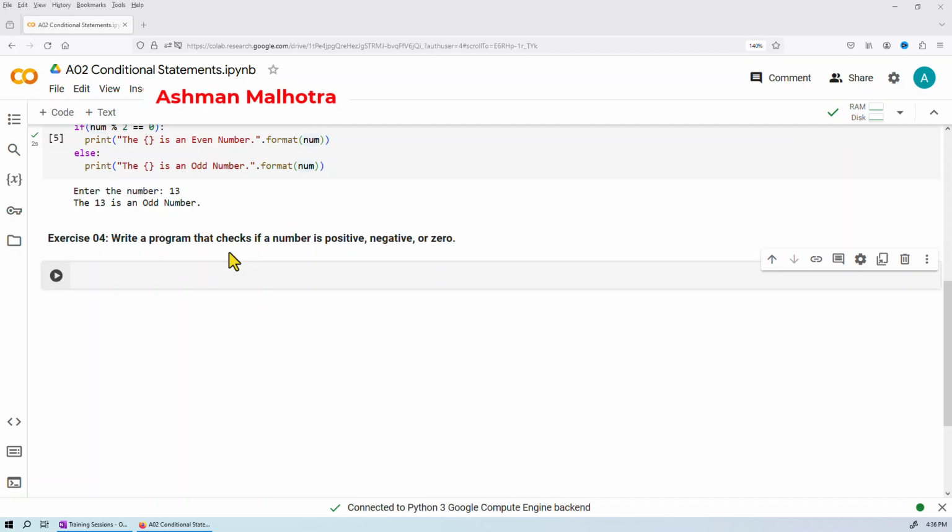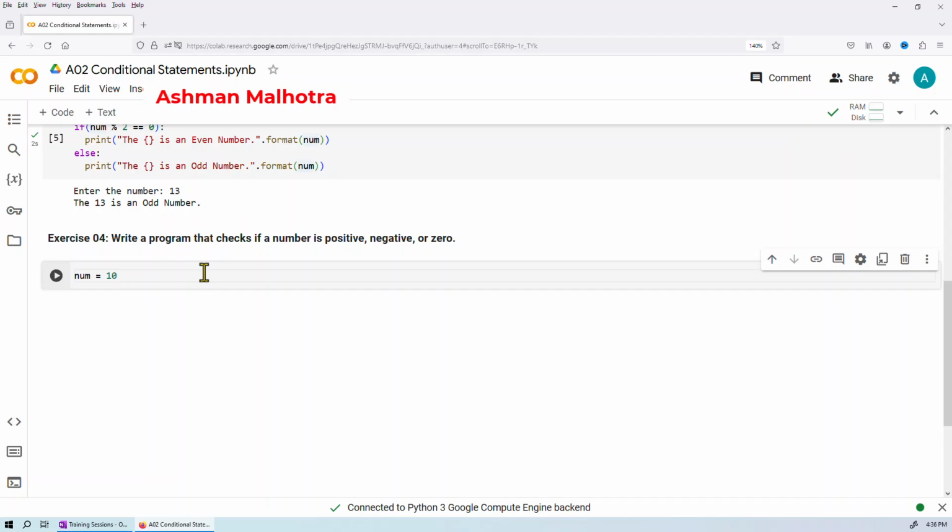Now we have got another exercise. In here we have to check whether the given number is positive, negative or 0. This is a very simple exercise, and let us understand how we can solve it. Suppose that you have got the number which is 10, and now we have to verify whether it is positive,